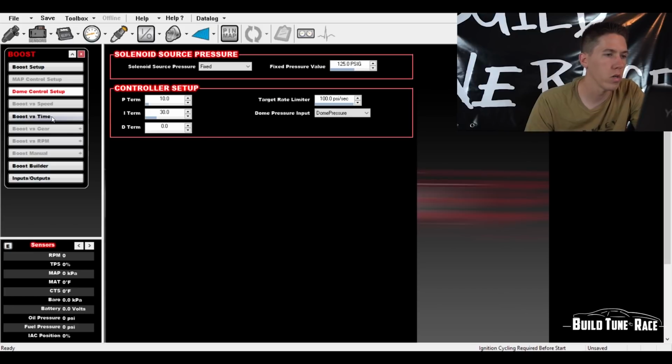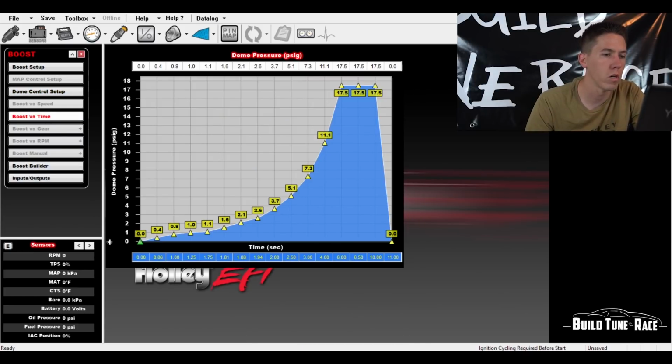And then here's the fun part. Boost versus time, and what the heck is that? This is my boost curve for the hard tire. As you can see, I don't want anything on the gate, and then I'd work it out a little bit, try to add some by 0.86 seconds into the run, and then I'd flat. This is flat right here because the car would spin. So instead of coming up more, I actually kept it flat through here